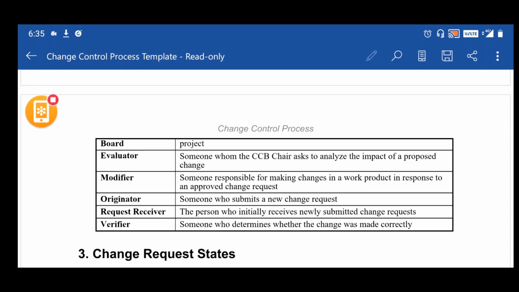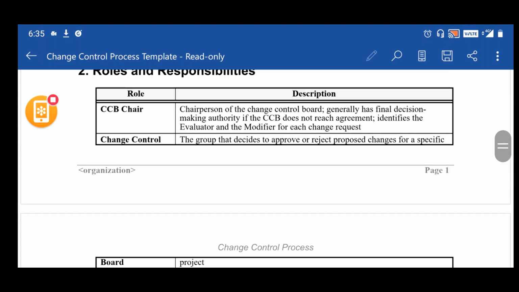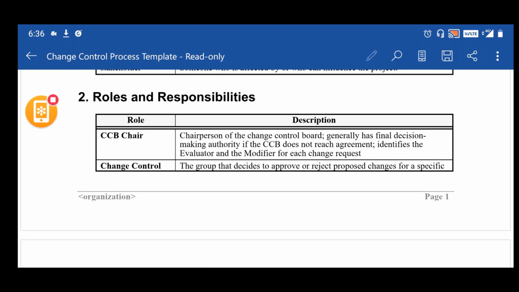From the evaluator, it would go to the change control board. CCB stands for change control board. The change control board is a group of people who would be reviewing the changes, who would either approve the change, reject the change, or suggest modifications. They are headed by the CCB chairperson.